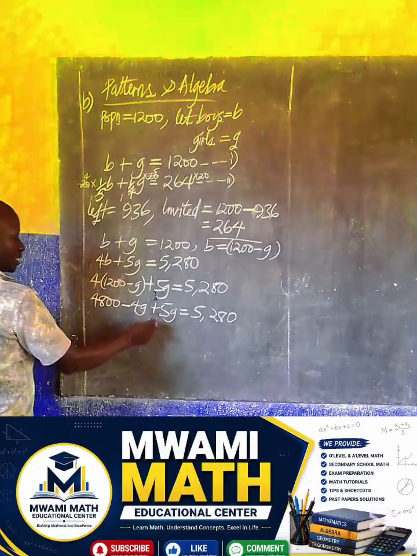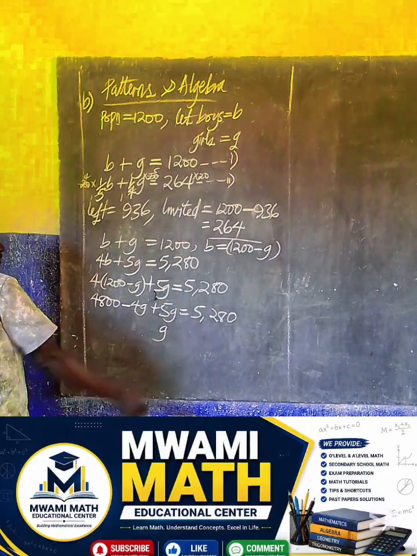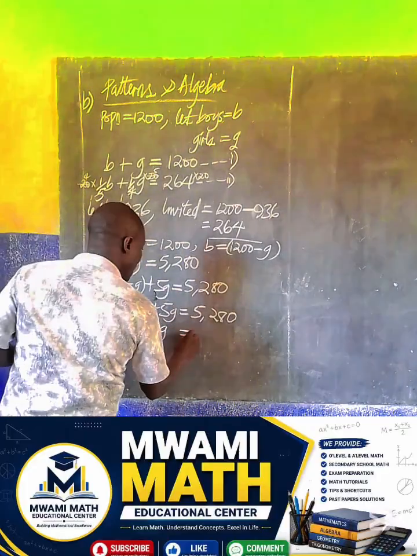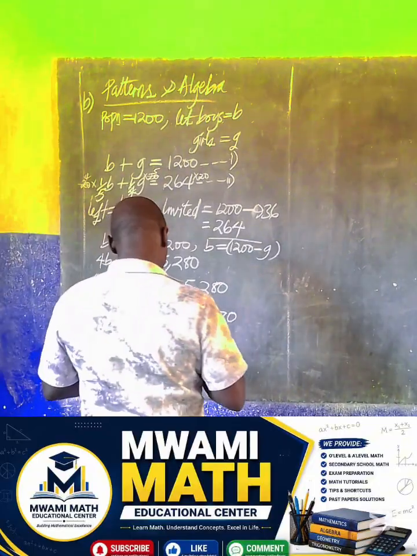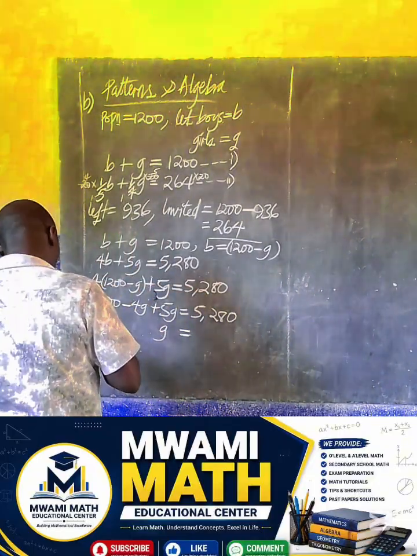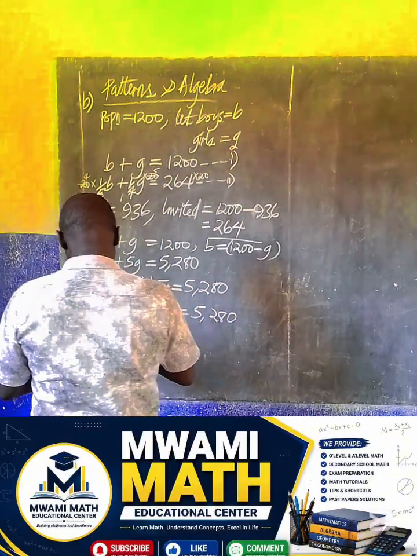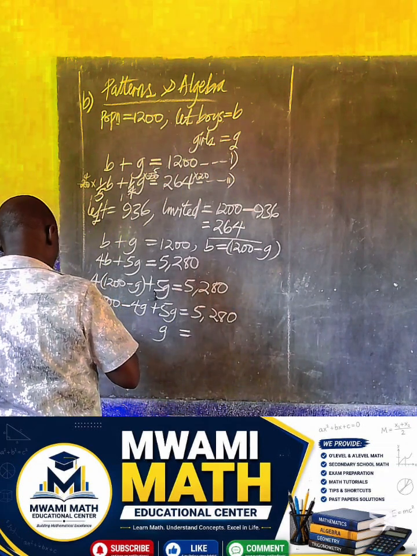So this gives us G, 5,280 minus 4,800 will give us